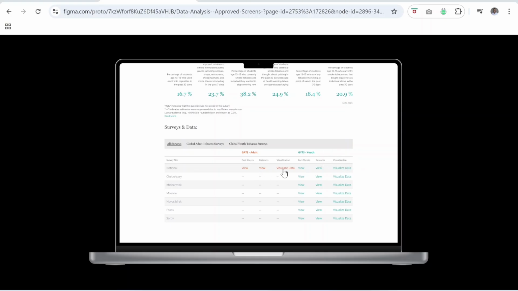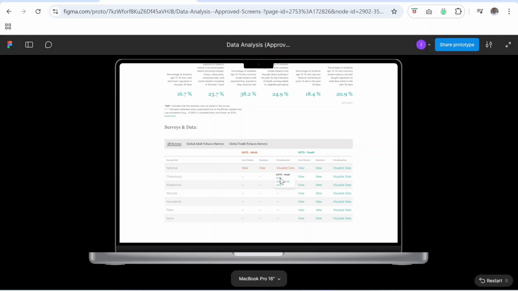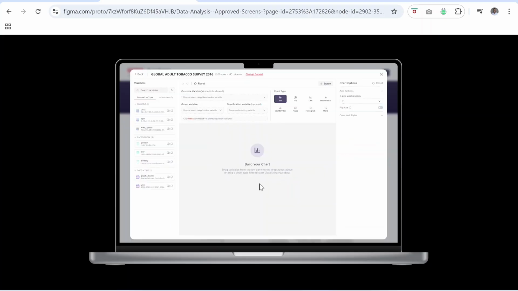When a user clicks on visualize data, they can select the data they wish to visualize. For example, in this case, I've selected that year, and now the system will display a modal, a new window on top. This is where the handshake between the Chisquares API and the website occurs. That handshake allows for this modal to be displayed and for the user to then start engaging with the data